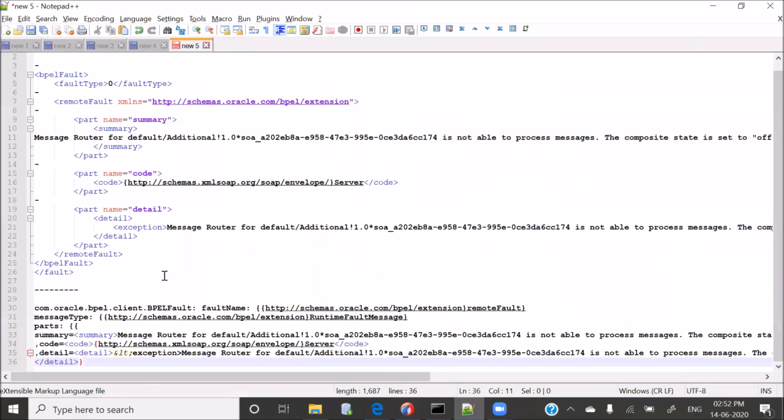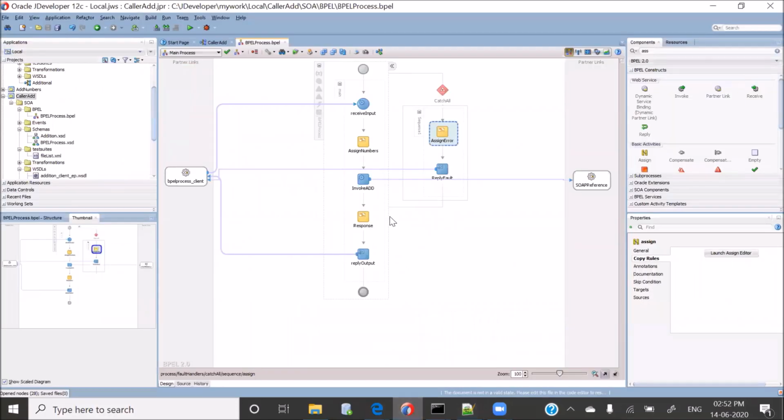Now, if you see properly, the summary is the same. We are catching the summary. The code is also the same. And the details are also the same. So this is how, using the catch-all block, you can actually catch any kind of errors which are coming inside your BPEL.